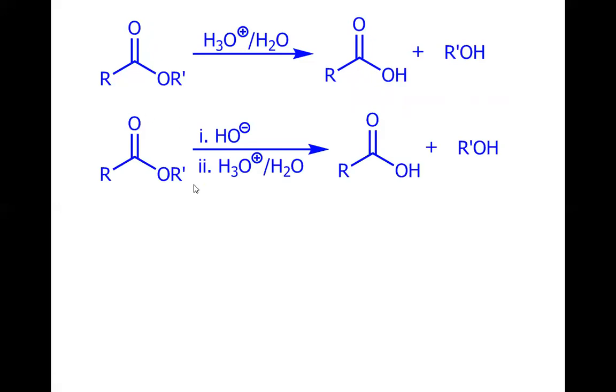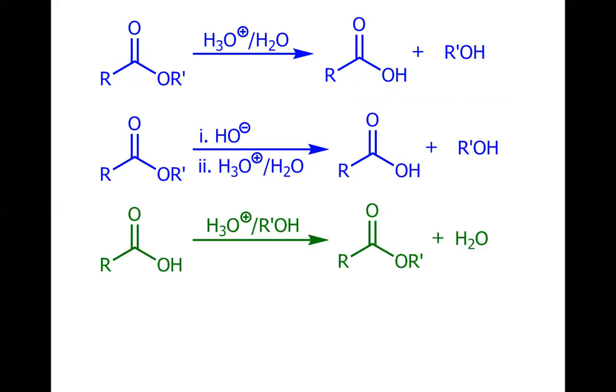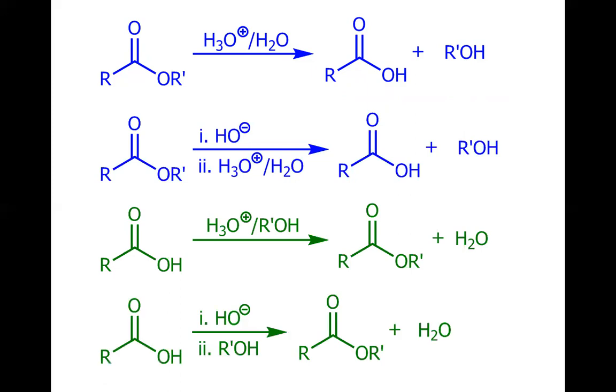This is the ester that converts into carboxylic acid under acid condition. And yes, it occurs. It is called the acid catalyzed hydrolysis of ester. So is the base catalyzed hydrolysis of ester, using the ester as a starting material, converting into the carboxylic acid, and it's a two-step reaction. We have the conversion of acid into ester, that is called esterification, an acid catalyzed reaction. But we do not have this reaction. This is the acid and this is the ester under base catalyzed reaction. So why this fourth reaction does not occur is basically the part of this question.